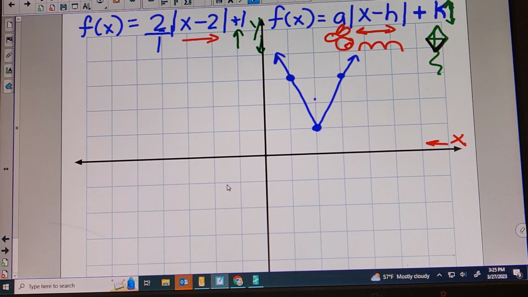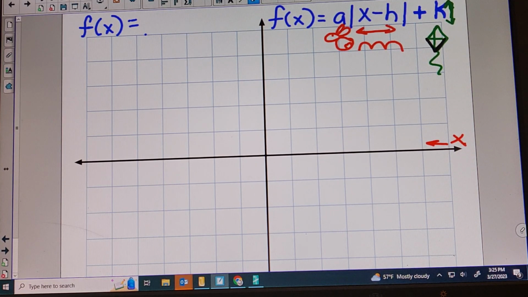And now I'm going to change this to a square root equation. Now the only thing that changes in this equation is I take away these absolute value bars, these prison bars we've called them, and I replace it with a square root bar. Everything else works the same way. So if I have a 3 times the square root of x plus 2 minus 3,